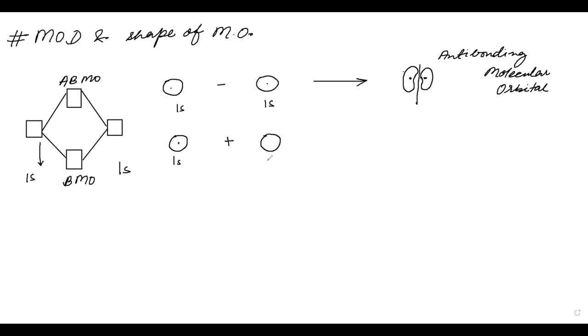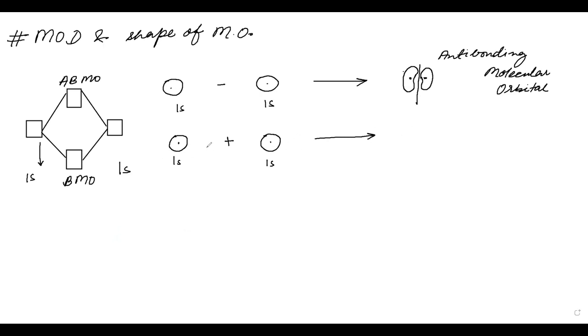Now the next one that I'm going to show you is for the same 1s, but we will add these two 1s, linear combination. We are doing plus and minus both because we don't know the phase in which these 1s orbitals are combining. If we take 1 mole of hydrogen, then we have 6.022 into 10 to the power 23 atoms, so I don't know which atom is mixing in which state. So we take both scenarios, plus and minus, and then we draw it.